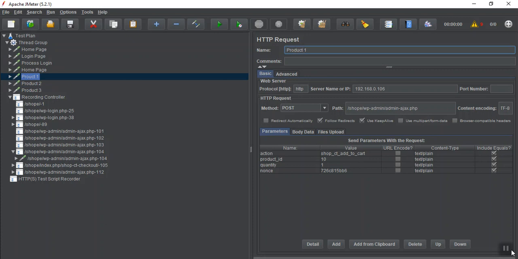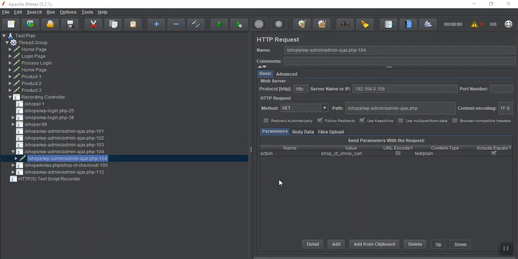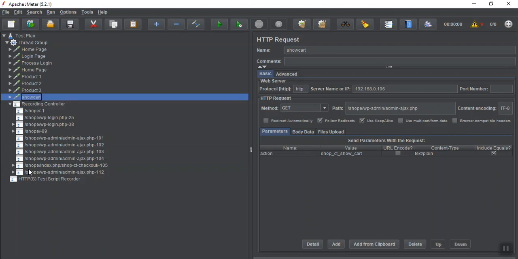Product 1, 2, 3. Okay, so after adding these products we got a show cart, remember? So this is the request for that show cart, so let me add it as show cart. Fine, so I have named it as show cart. Okay, and I move it also.